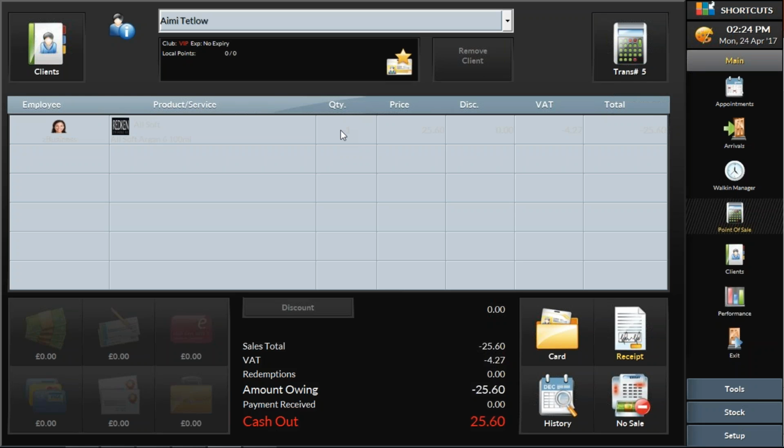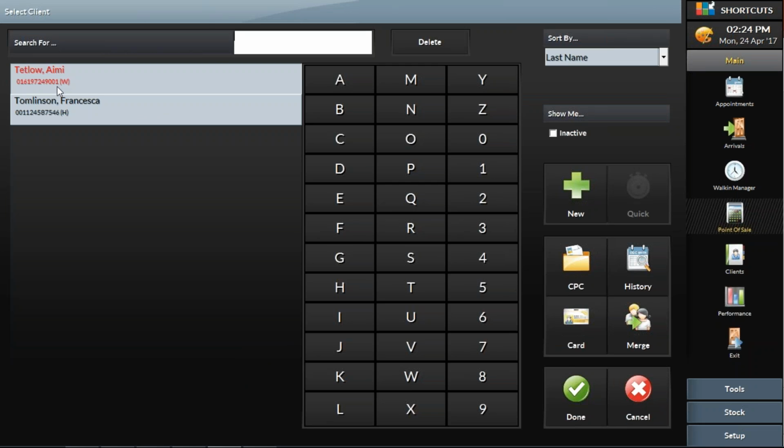So the next thing I wanted to go through, or the last thing really, was the account payments. This is great if you have clients that regularly don't turn up for appointments, or maybe it's a service where it's really, really long, like hair extensions or something like that. In the point of sale, you first of all need to find the client. So if I go to clients on the top left hand side and find myself again,